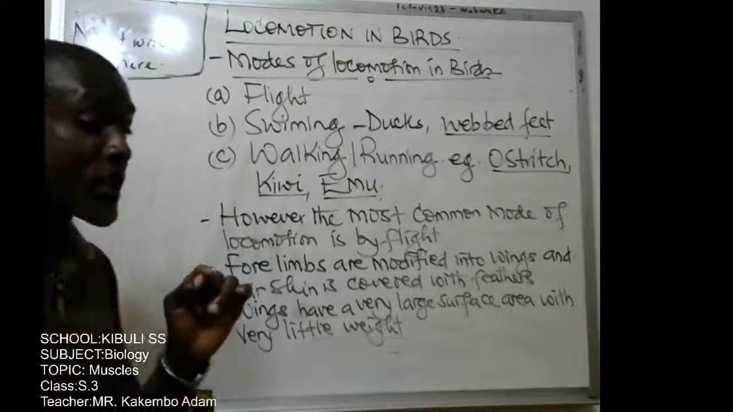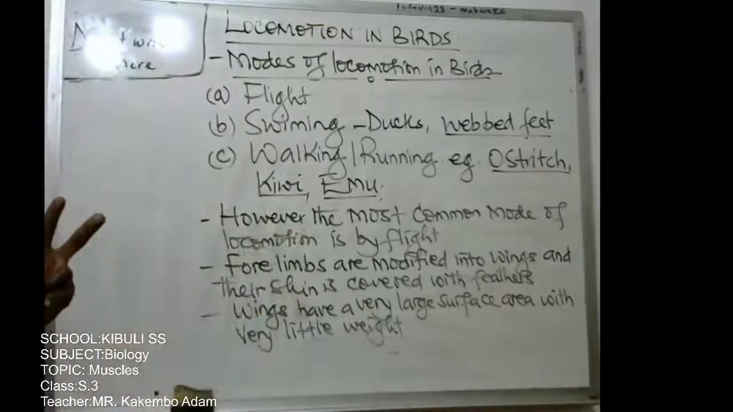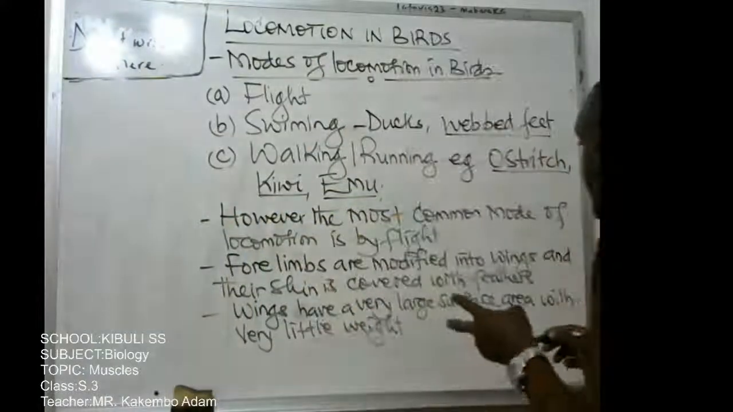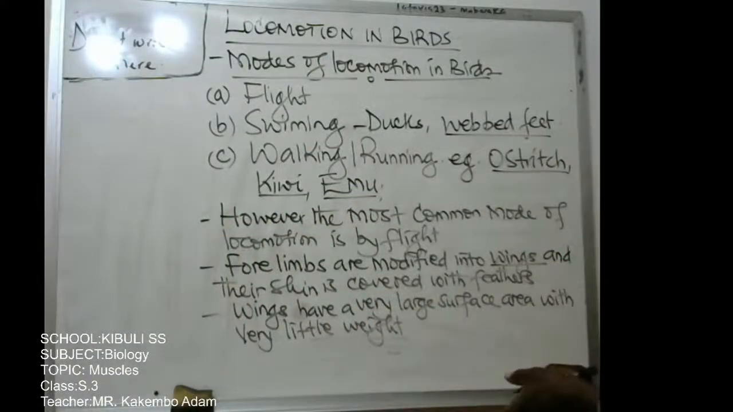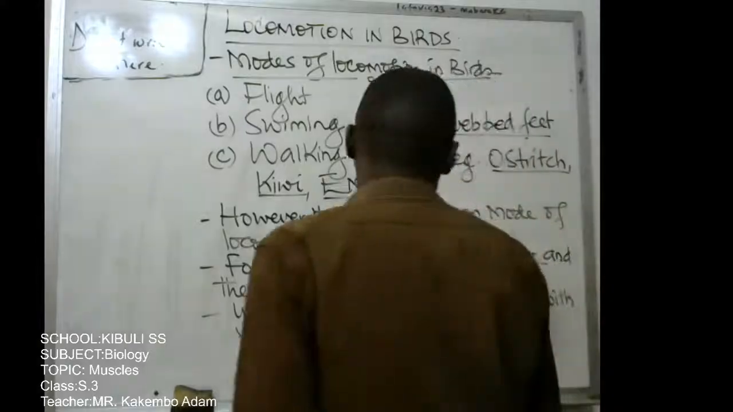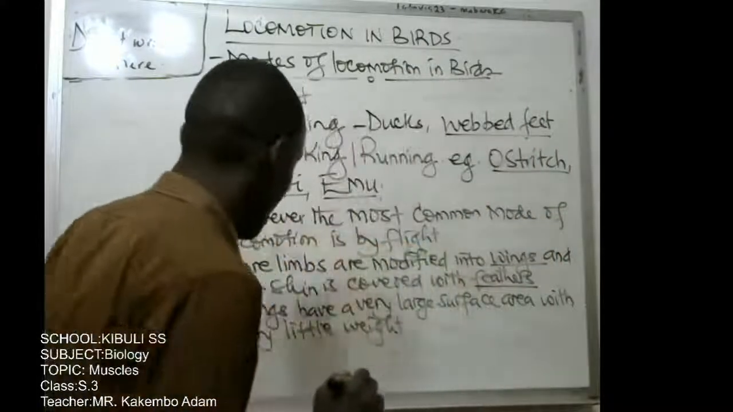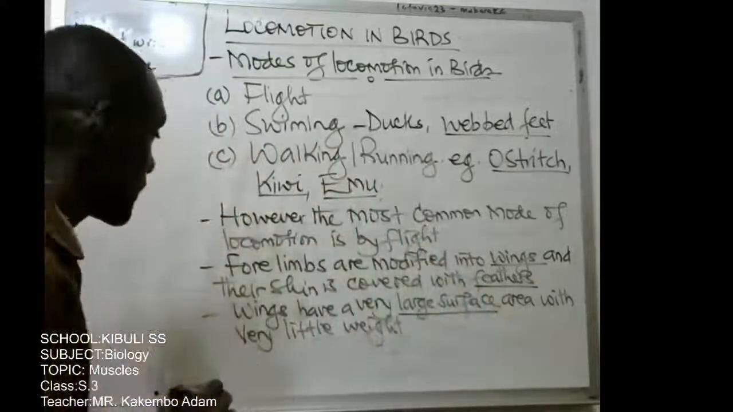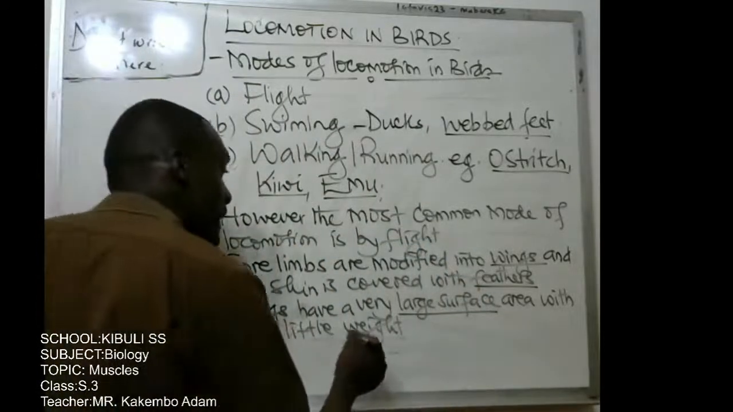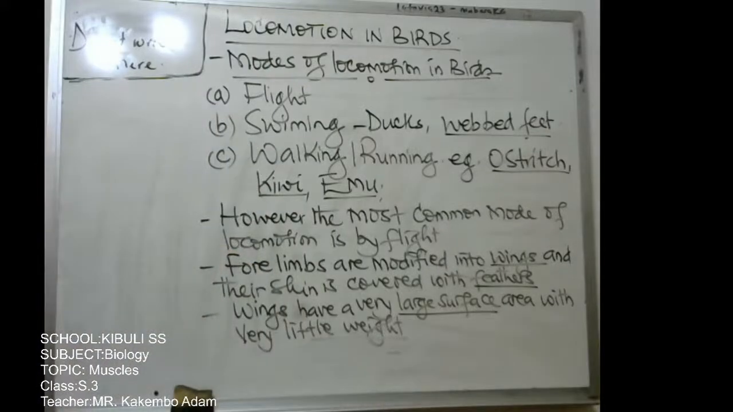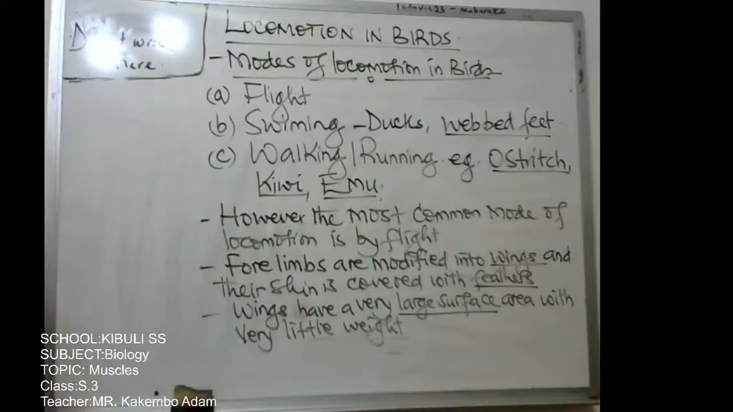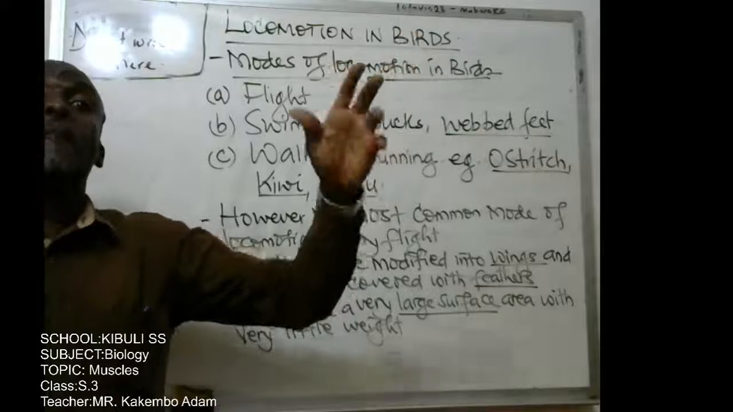That is a special adaptation, or those are two special adaptations, right? Forelimbs being modified into wings, skin covered with feathers. You take note, wings being large, providing a large surface area. Wings being very light in weight reduces the weight, the bulkiness of the body of the bird, so it can have less weight or burden,